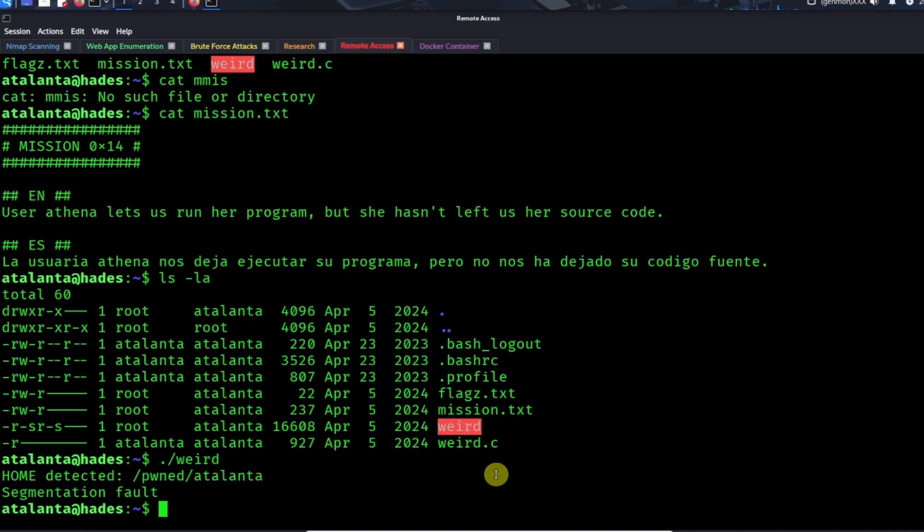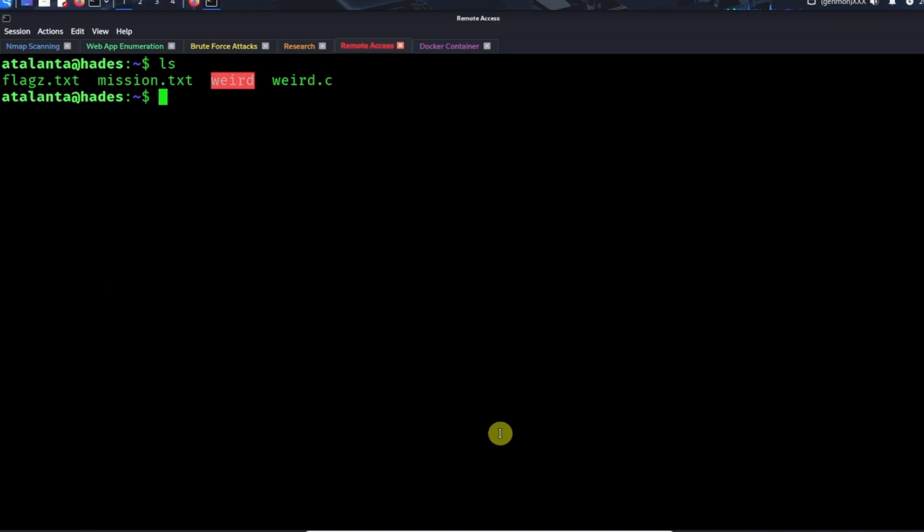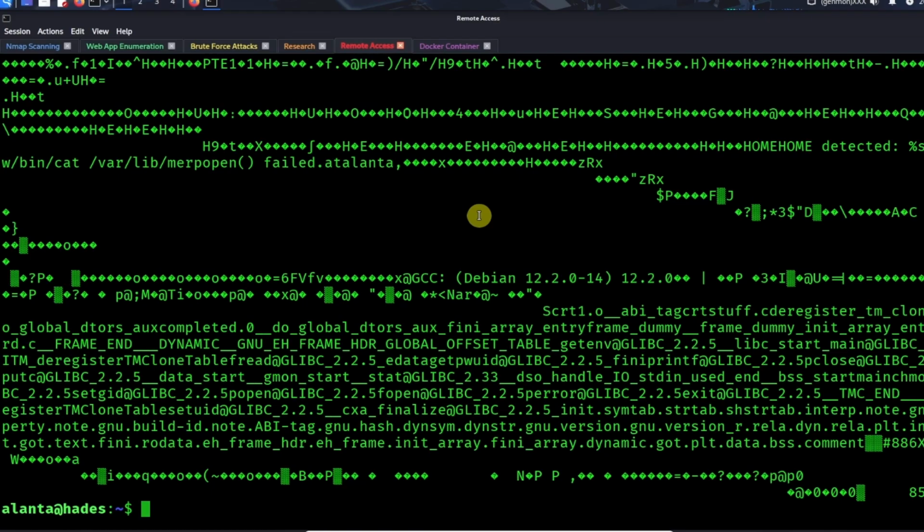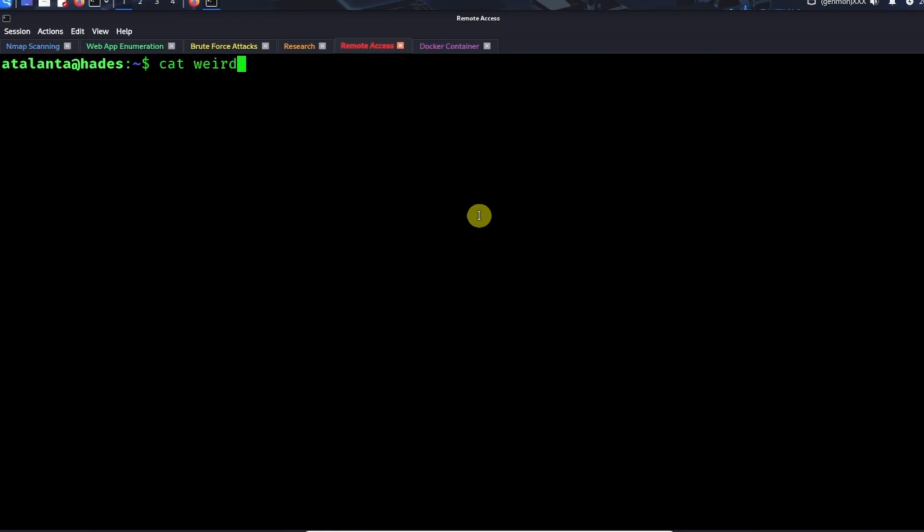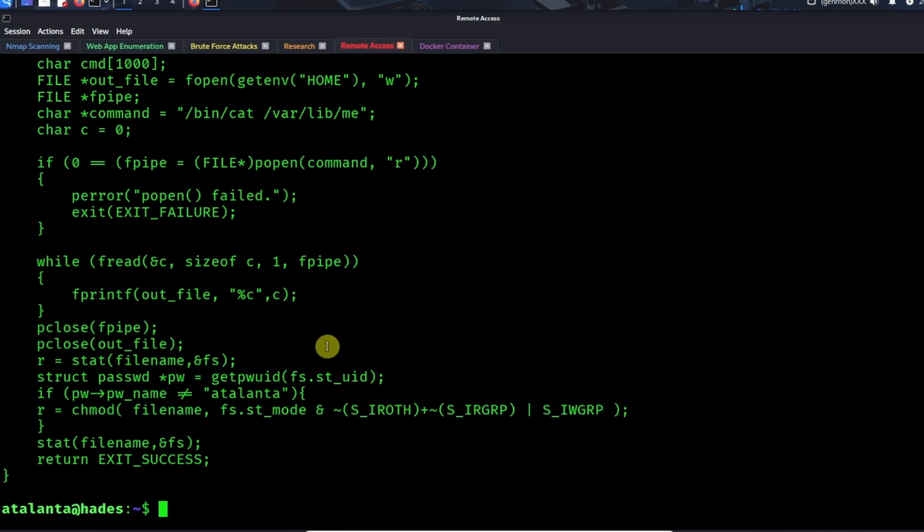I'm not exactly sure why it does a segmentation fault, but what we can do is take a look at the source code for this binary here. So the code that was used to compile the binary. Segfault, hey, that's me. Oh, it's not what I wanted to look at. Okay, so